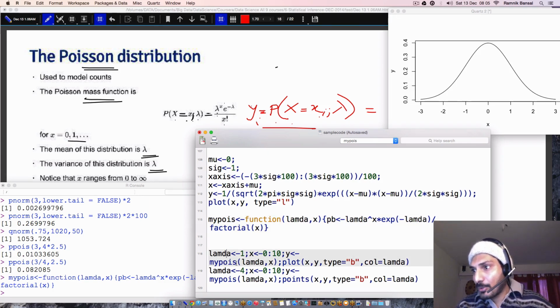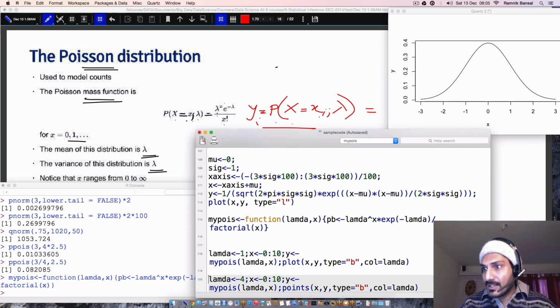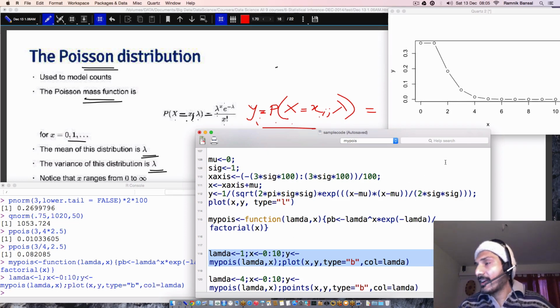Having created this function, now what I'm doing is I want to plot. All right. So I'm going to execute my pause multiple times for values of x from 0 to 10. All right. And I decide one lambda. I say lambda is equal to 1 and then I plot it. Is this fine? Is this clear what I'm doing here? Let's see what the plot looks like.